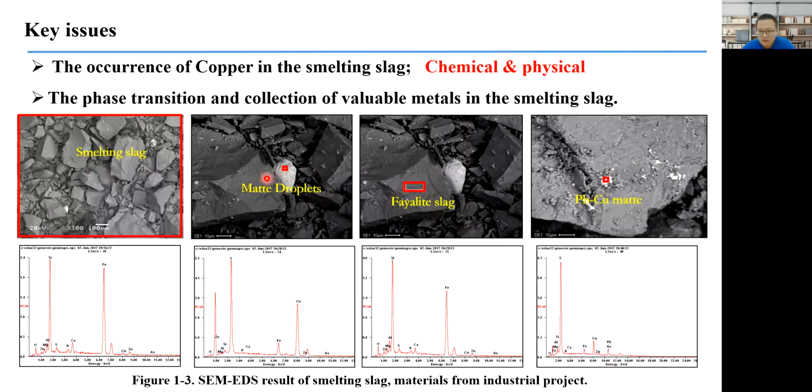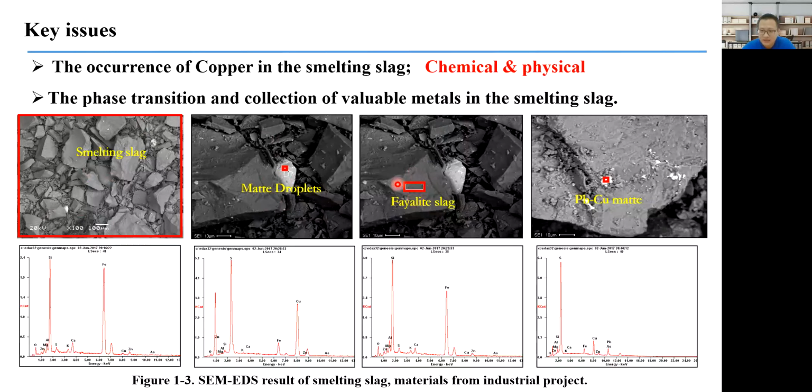And also this is violet slag. In the smelting slag, all the smelters in the world are using a violet slag system. So it's iron, silica, and a small amount of other oxides. And here, if we are using EDS, we can find copper here. So copper is also lost here. So in this violet slag, or in this glassy slag, copper is chemically lost or chemically dissolved in this